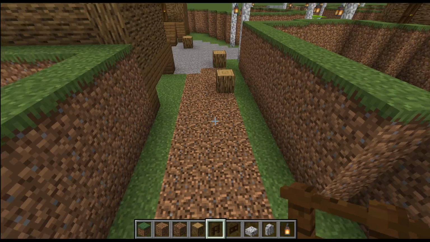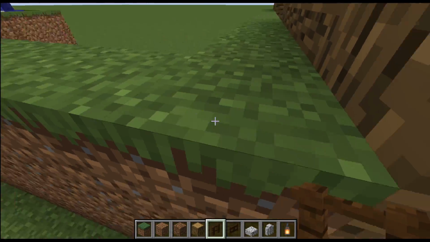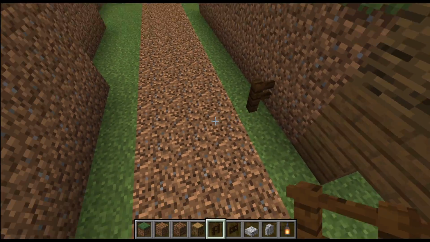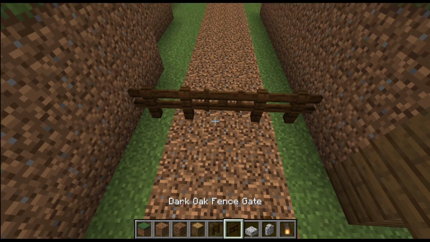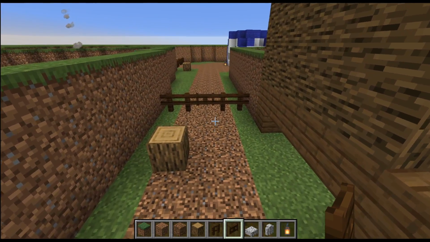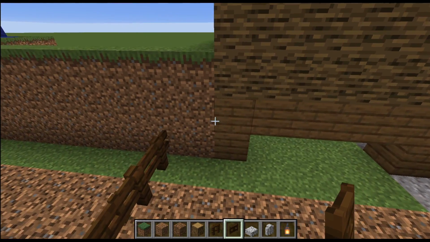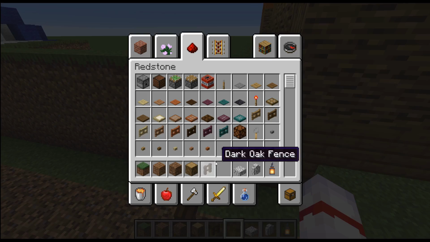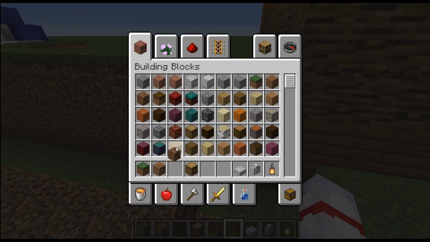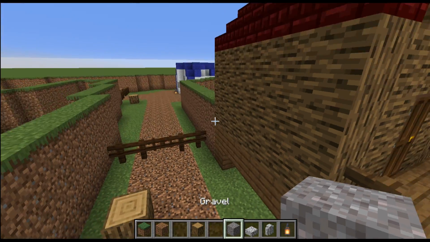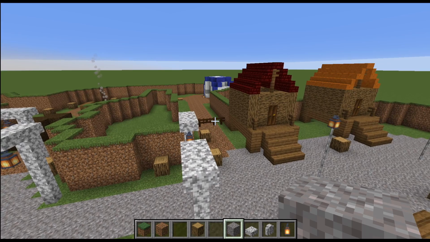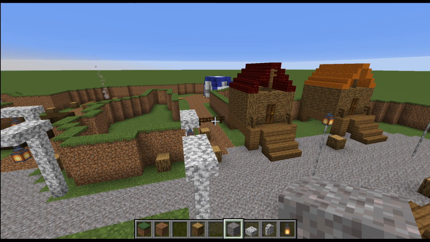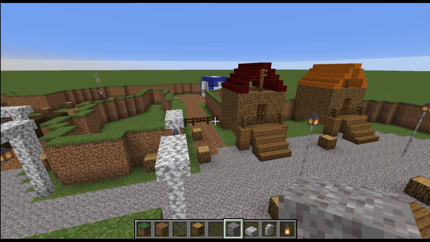Anyways, the fence gate is going just here. So like that, with the fence gate in the center. From the house, it's going 1, 2, back, just like that. And that's that whole area complete. Now we are almost done. We just have to build